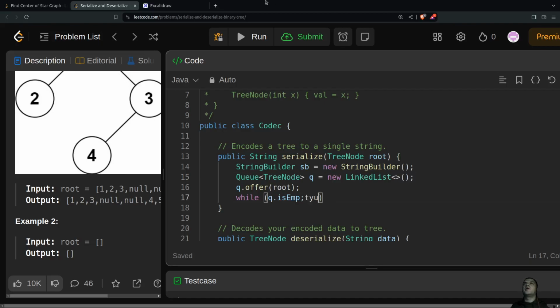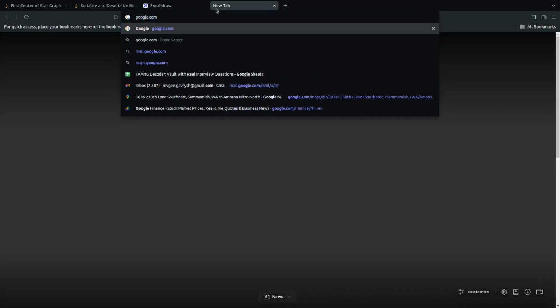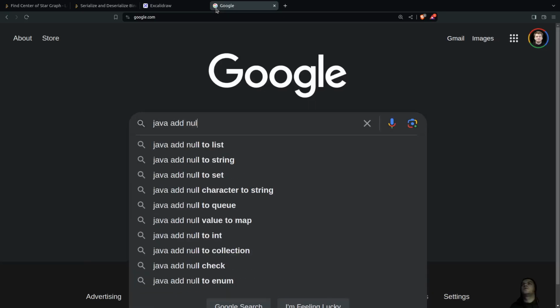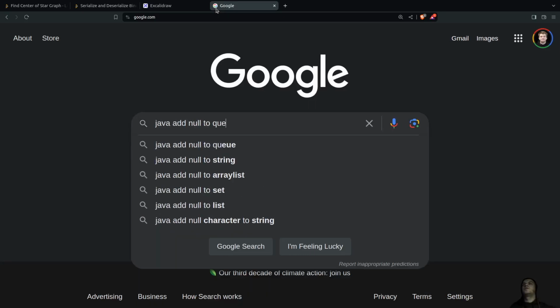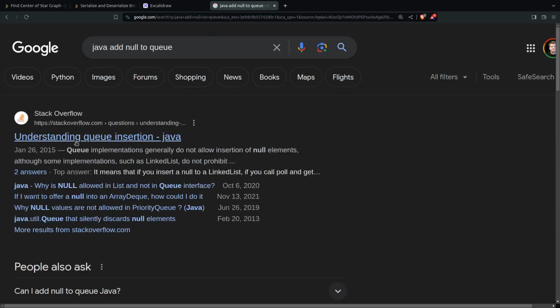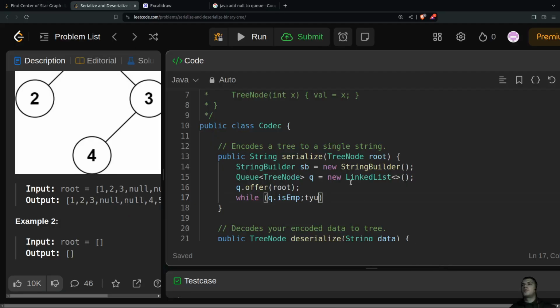Can I add null elements to the queue? I don't know. Java add null to queue. Okay, so while queue is not empty,